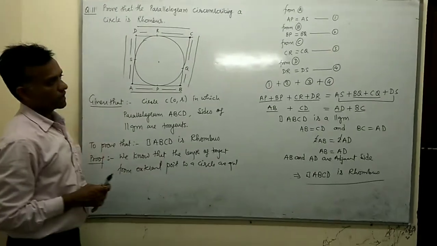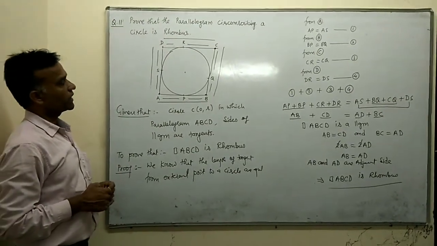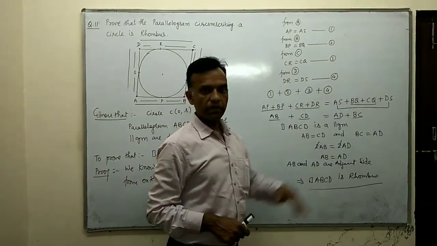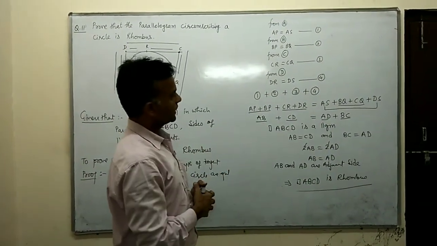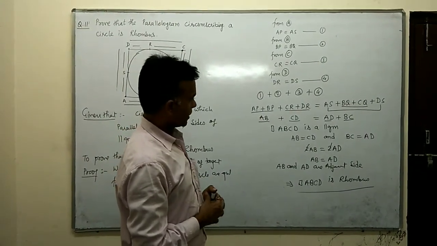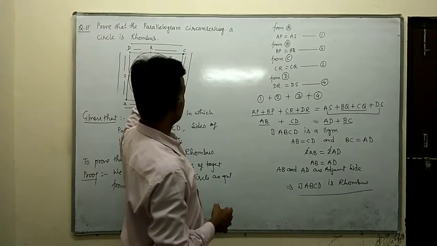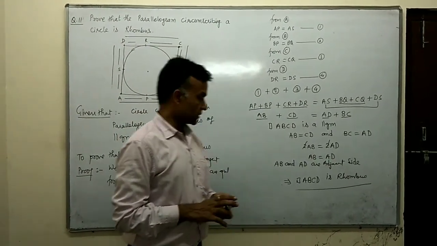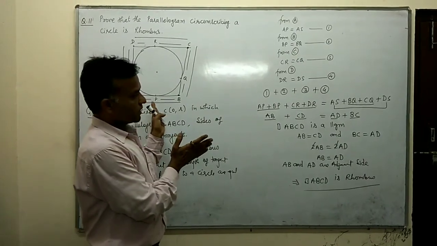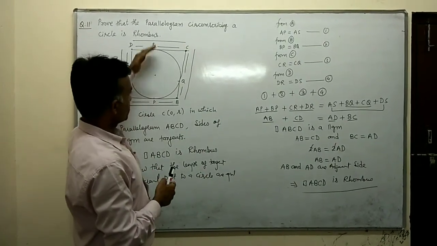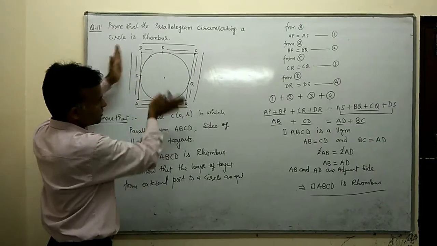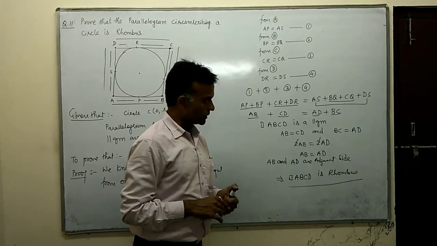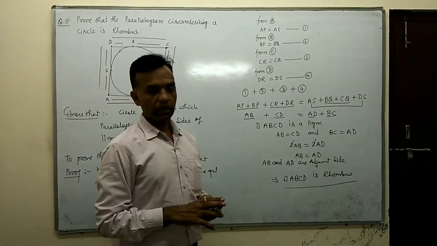Okay, so this proof is very easy, and this is also according to question number 8, because in question 8 we have already done AB plus CD equal to AD plus BC. The same concept we use in this question, and your proof is completed now. From the figure, ABCD is a quadrilateral that is a parallelogram, and it forms a rhombus because its adjacent sides are equal. It means all sides are equal, because the opposite sides are equal and now two adjacent sides are equal. So all sides are equal, so it forms a rhombus. Okay, so now your proof is completed, and then the last question is remaining, and then we continue.